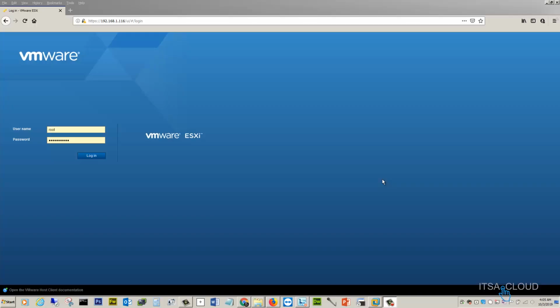So we are here in the graphical user interface, and you have the options to manage this host through the IP or through the host name. Both are gonna take you to the same place, which is this one. Now we input the username, which is root, and the password, and we click on login.